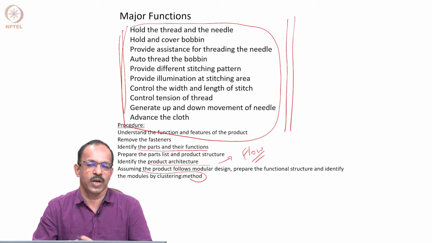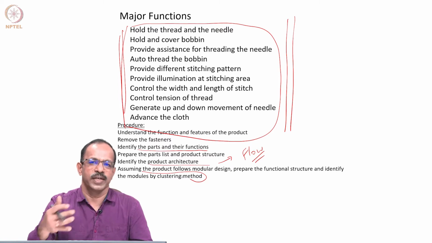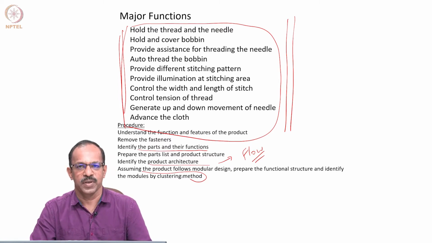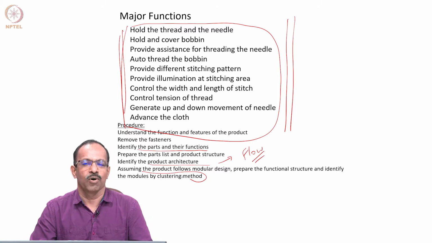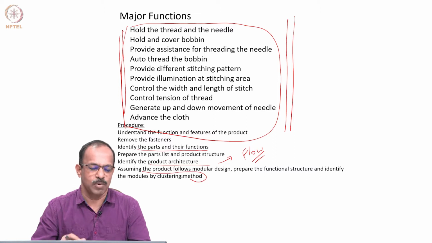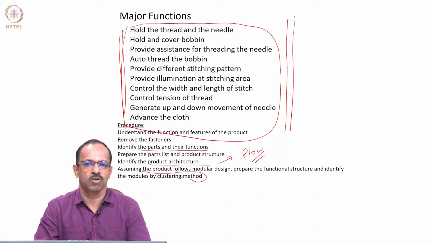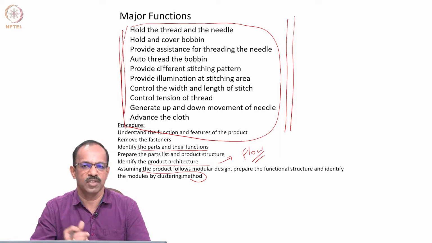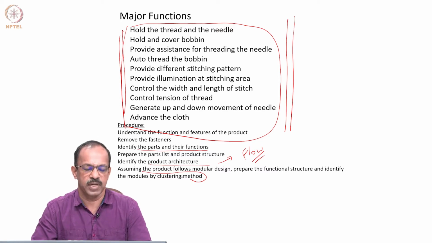And then if you want to have a different model, you can think of changing one of the modules to a different module. You will get a different kind of product. For example, there is a thread control module which can use the distance between two nodes, or the speed at which it is being done. Now, if you want to change that into an electronic module, you can replace this mechanical module with an electronic module. You will be getting a different product. So that is how we get different products, by changing the module. That is where the modular architecture plays an important role.